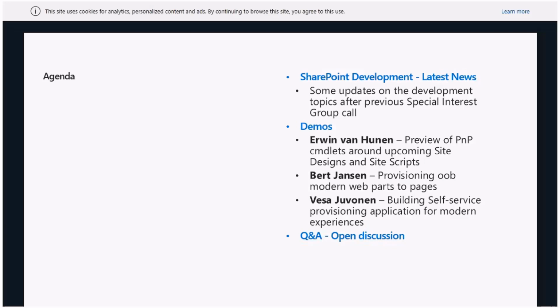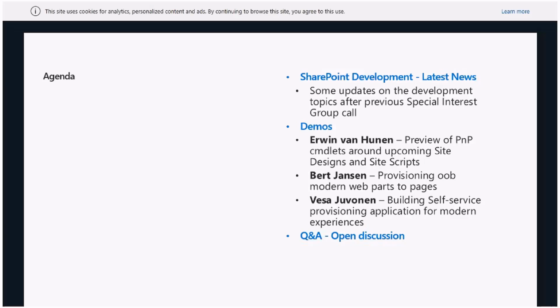And I'm going to do a quick demo, as we probably have time, on an upcoming sample. We are refreshing some of the PnP samples to be more aligned with the modern experiences. This sample was planned to go live today, but we still need to polish some stuff on it. It is a self-service provisioning application for modern experiences. So how do you have that self-service experience? You go to a form and request a new team site, but it's actually provisioning modern communication sites or modern collaboration sites.